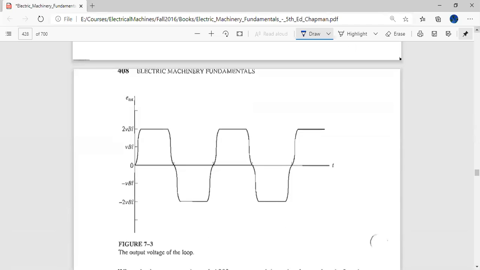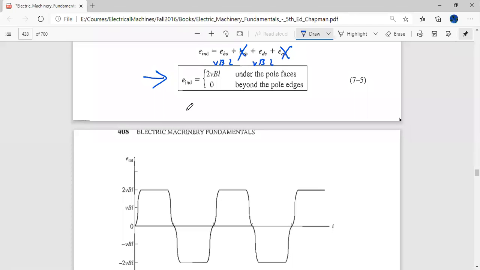Now the problem is, when you take this induced EMF and map it on a graph, you see that for every half cycle it will change its direction. The magnitude is 2 VBL, but for one half cycle it is positive 2 VBL, and for the negative half cycle it is equal to minus 2 VBL. Now why this direction changes is,